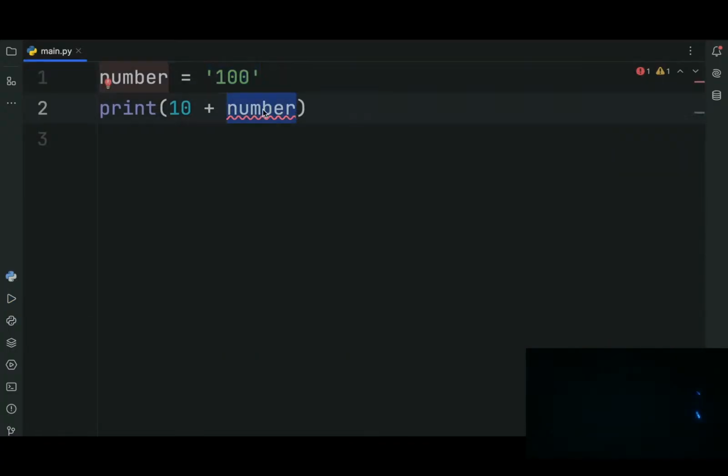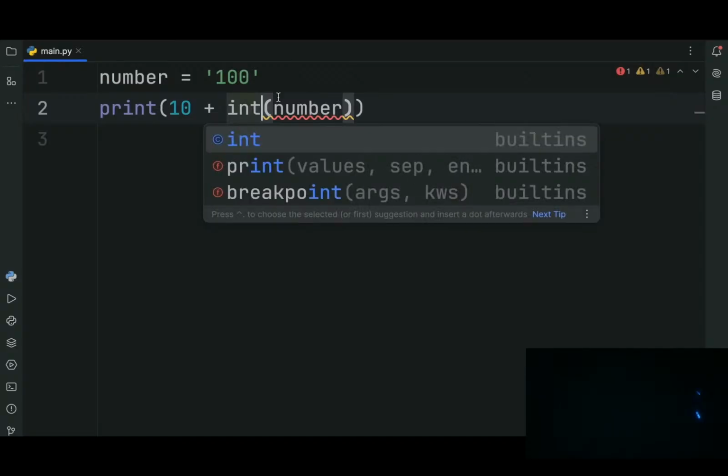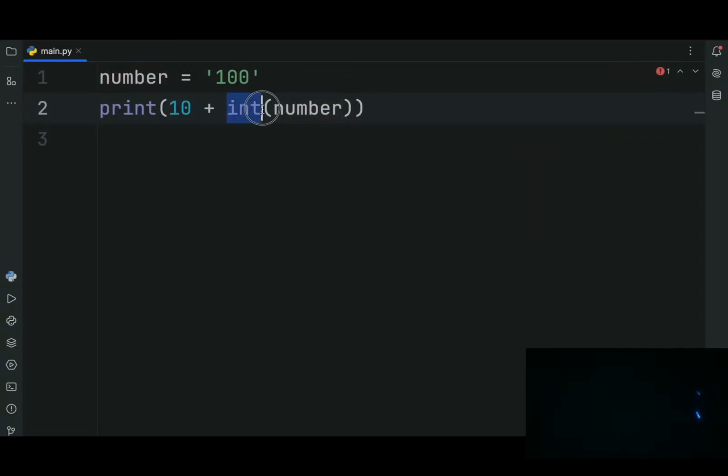So in Python, you can attempt to convert any data type into another data type by using the type constructor. And a type constructor is literally just the type you want to turn it into, followed by a pair of parentheses. So here we're attempting to convert a number into an integer. Fine, but 100 is actually a number. If we were to type in 10, it's going to give us a value error because 10 is